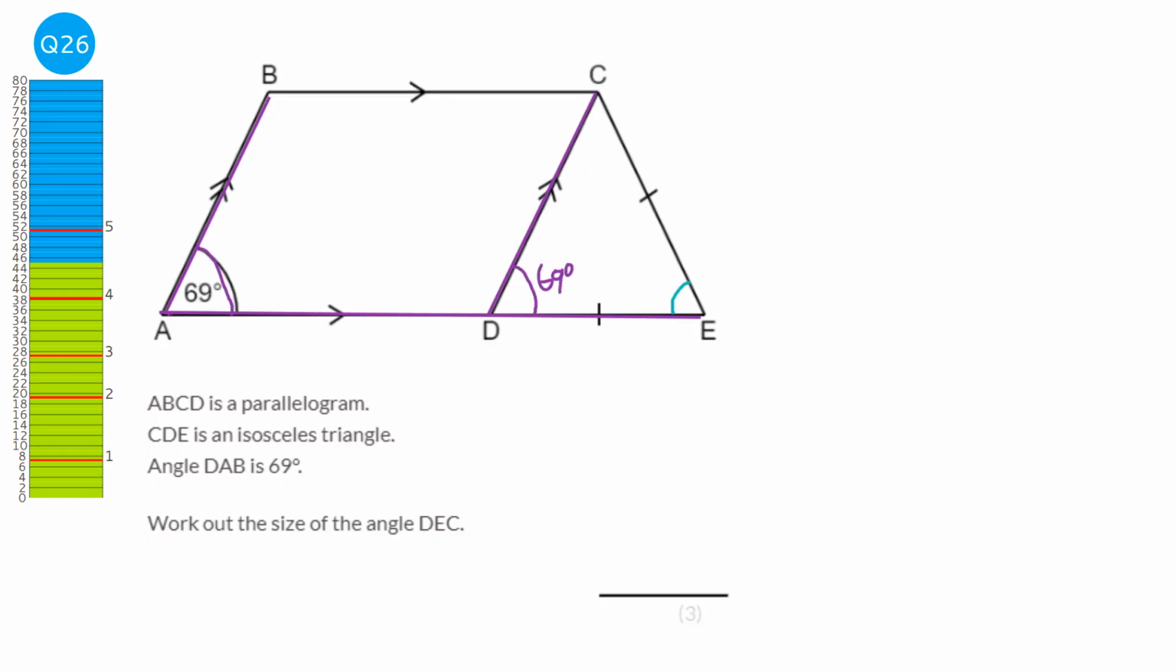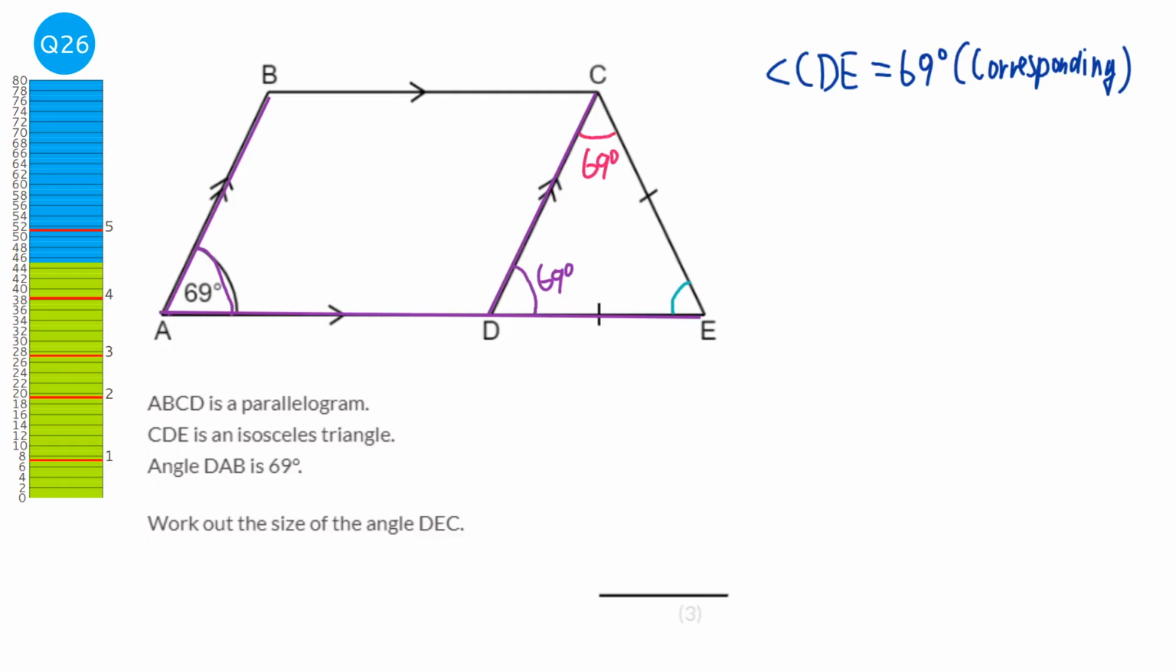So I need to write that down properly. So angle CDE equals 69 degrees because of corresponding angles. Okay. So if I know that the CDE is 69, I also will know that this angle here is 69